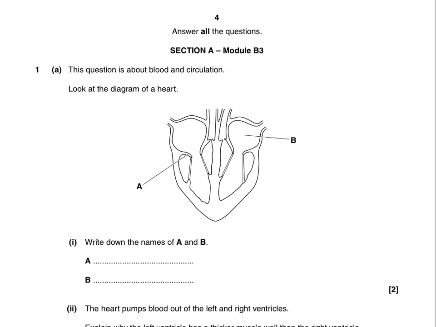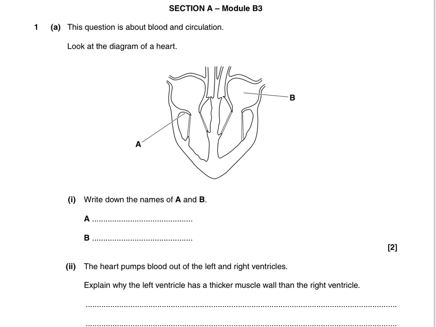Blank page, straight into it, okay, so questions about blood and circulation. Look at the diagram of a heart, and you just need to label the two parts of the heart. Okay, so remember, this is a higher tier paper, so we want as much detail as possible. First things first, you should be thinking, where is A pointing? Yes, it's pointing at a valve, but what valve is it pointing at? It is actually pointing at the